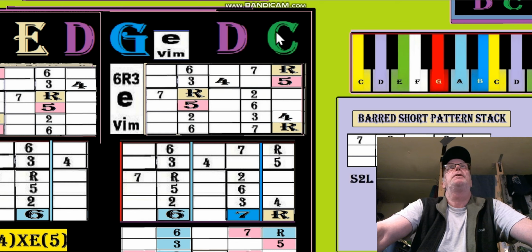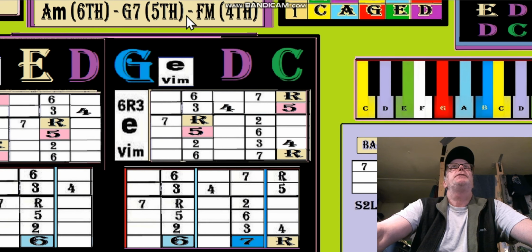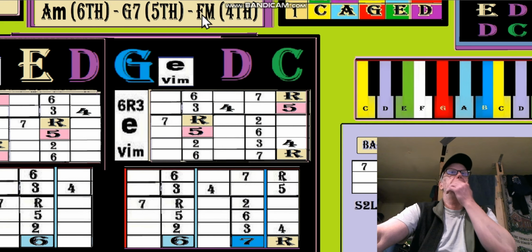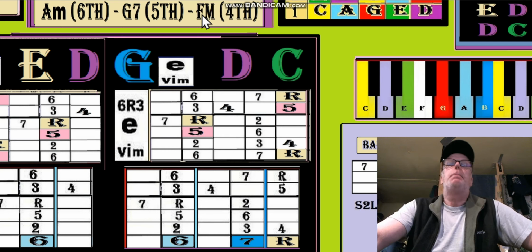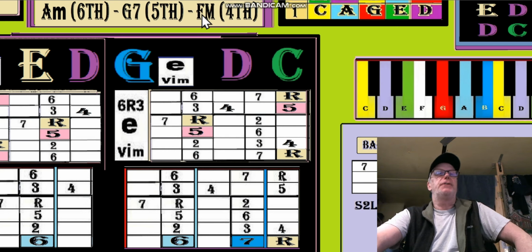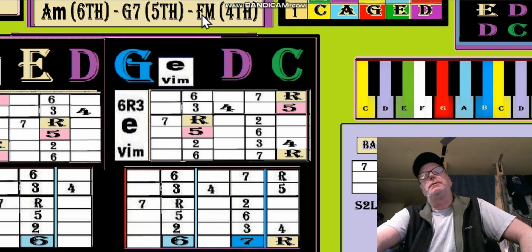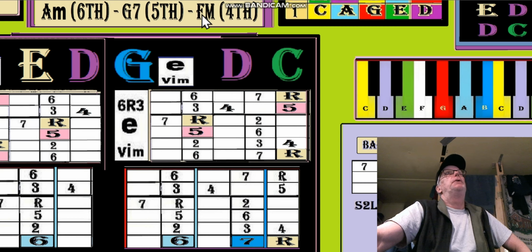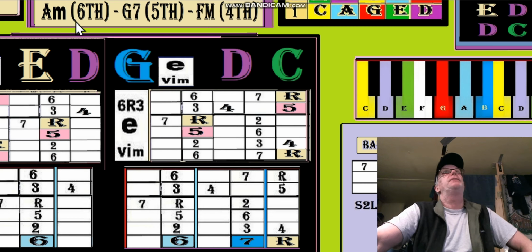But remember, each one of them has a relative minor. If we're doing something in G, and the progression is A minor, G7, F minor, we know the key. All right, we know the key. The parent key of the whole thing is the key of C. All right, most would argue it's the key of A minor. But that just confuses people. If you keep it in the key of C,